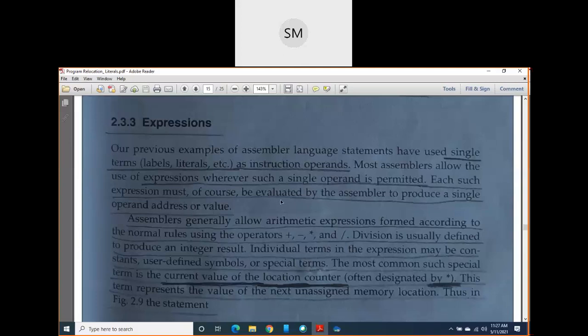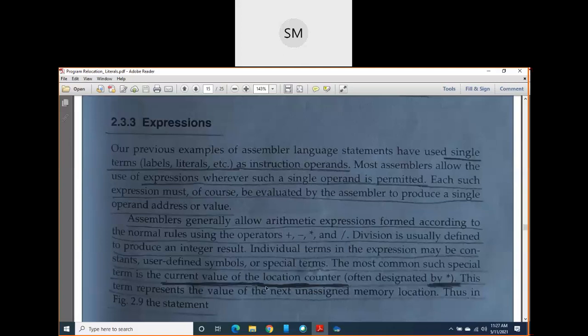Who will solve these expressions? Definitely the assembler. In the next class we will see how to evaluate these expressions and exactly how to write them.